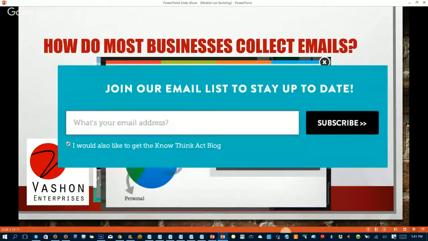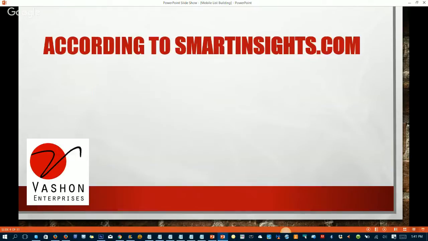Okay. Here's the most common. What's your email address? Click subscribe, like to newsletters. That's one of the most common. A lot of folks have email newsletters. You want people to subscribe to those so that you can be in contact with them. However, with these opt-ins, none of these are mobile optimized. Okay, but we're going to go into that in a little more detail.